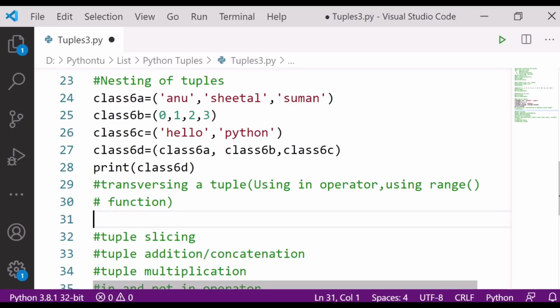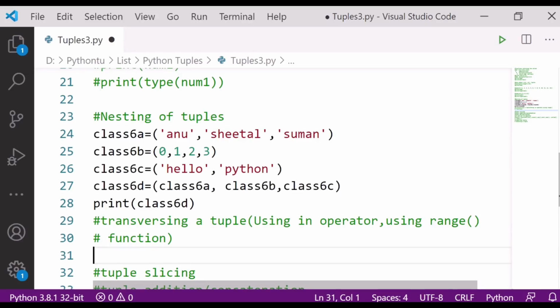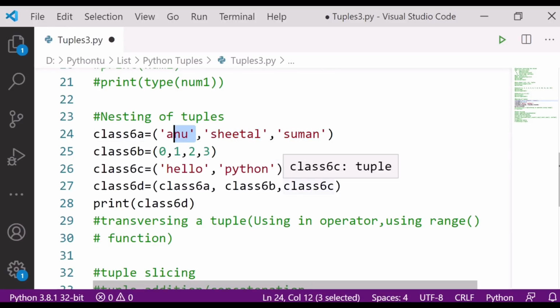So traversing means, if we are starting from the back, like here in this list, if I have to check the index value of Anu, what would be the value of Anu here? That would be 0. It is at the 0th index. This is 1, this is 2. If I go from the back, it is -1, -2, -3. Okay, so let's have an example over here.